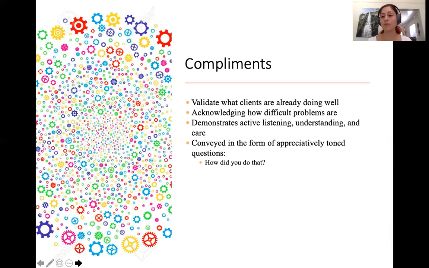So a client, for example, who's talking about an argument with a friend and how it was really difficult and they felt really sad, but they listened and they apologized or whatever, you could say something like, that seems like that would have been a really uncomfortable and difficult situation to be in with your friend. How did you manage to listen through that and respond with an apology, even though it was so difficult? And then the client could say something like, well, I remembered how much I care about my friend, and that helped me to stay in it, even though I didn't want to. There you go. There's the compliment.